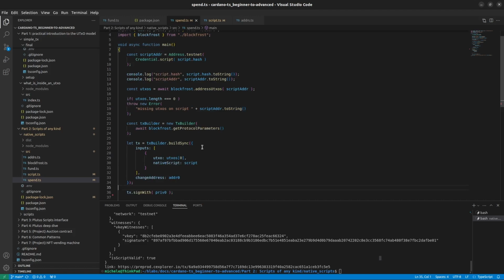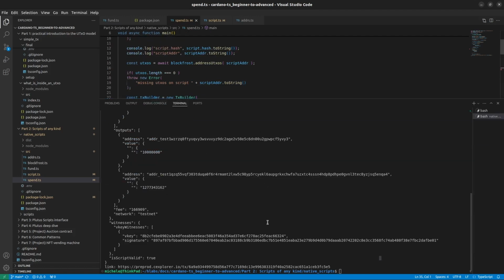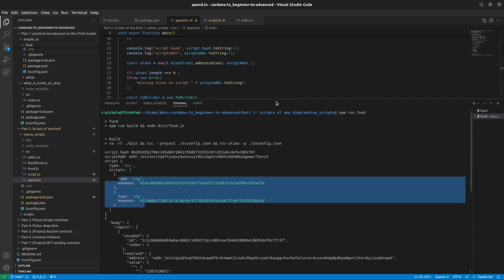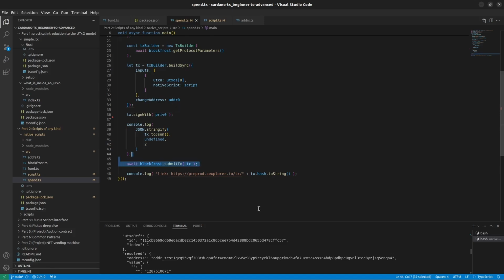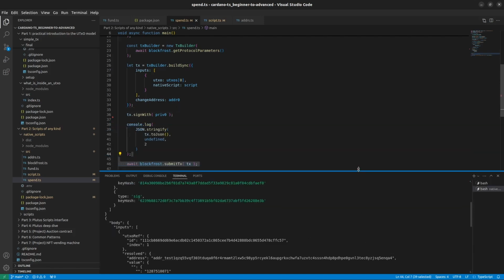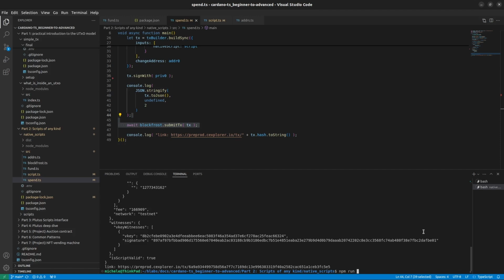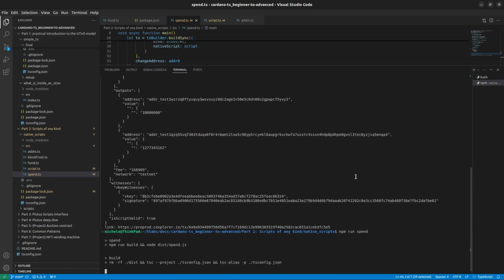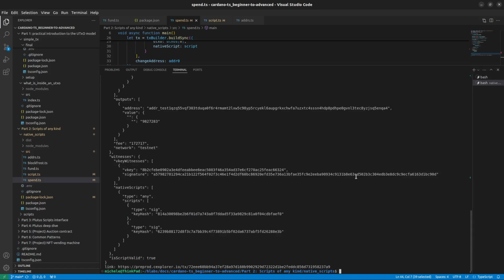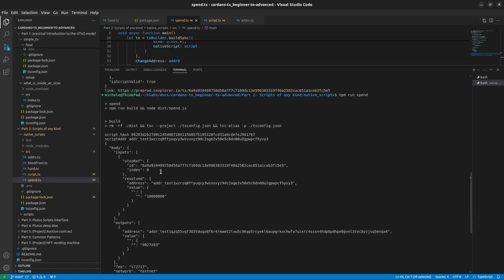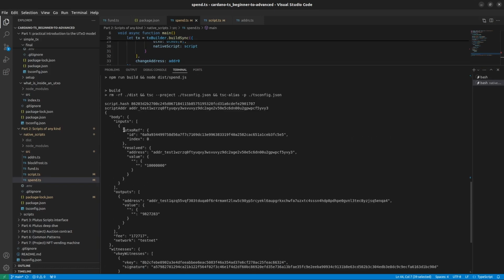So in this case, our script, as we saw a moment ago, only requires one of these two signatures in order to be valid. So here we are submitting a transaction, and we should expect it to be correctly accepted by the blockchain. So here we go on the console and we write npm run spend, and now we are running spend.ts. Here we see that the transaction is also accepted,